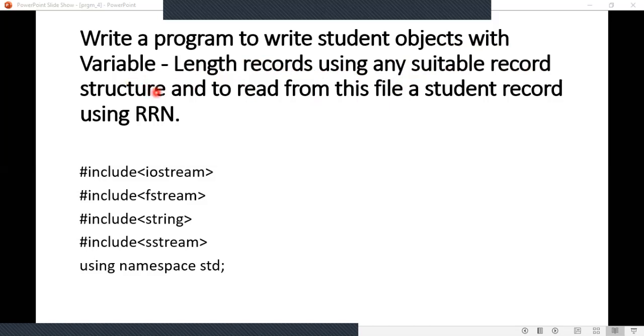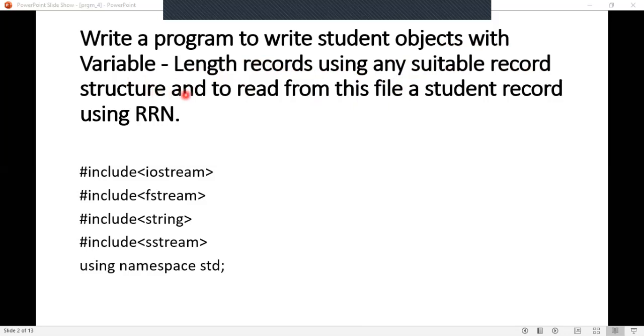Any type of record structure. We have learned 5 record structures, isn't it? Out of that, any of the record structures you can use. Here we will use the field delimiter and the record delimiter as a record structure.